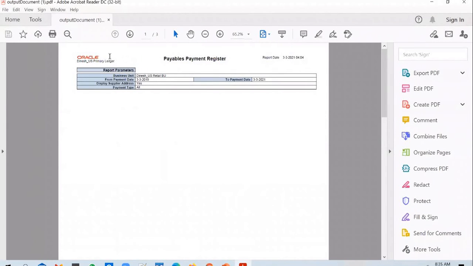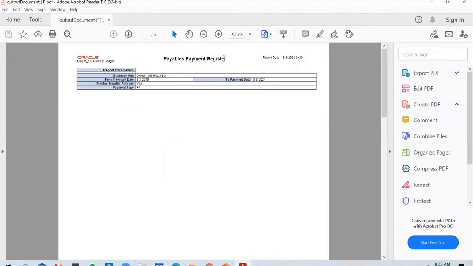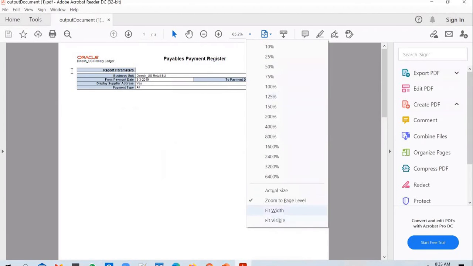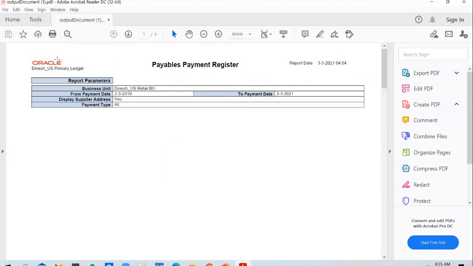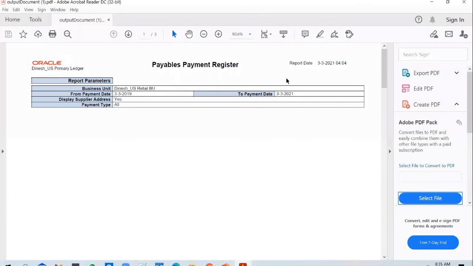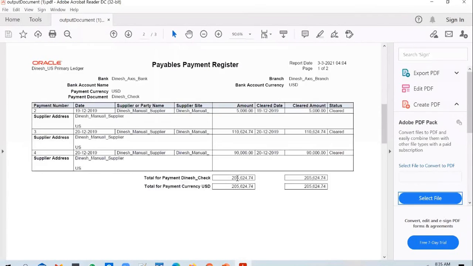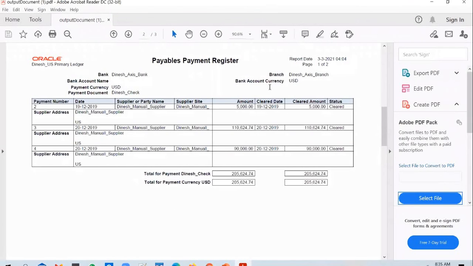And you look at the report, you see that the report output is generated with the seeded template given by Oracle, right? So it has all this. It has got the Oracle logo, and it has got the seeded report template. And so the client is okay with most of the details that they have in this report, but they might want you to change a few bits in this report.